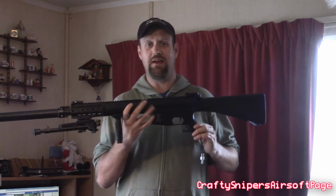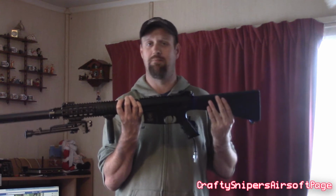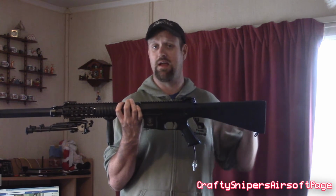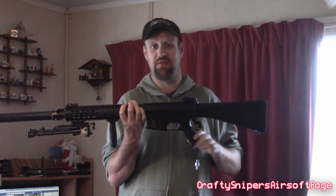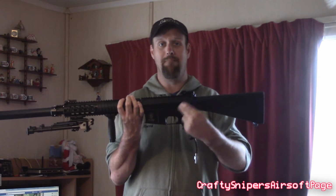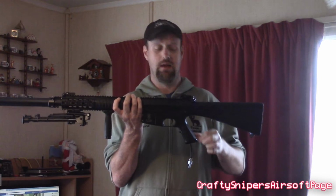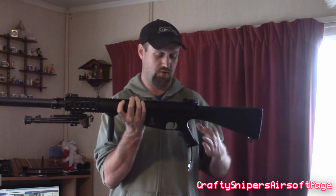So, externally speaking, we have an M16 solid stock, pretty much as boggo basic as you possibly get. It's made out of plastic, it's hollow, you can store batteries in there, you can store whatever you want in there now, and like I say, it's an M16 style solid stock. We have an upper and lower metal receiver. We have a plastic M4 style pistol grip, so anyone with an AR weapon will be immediately used to gripping